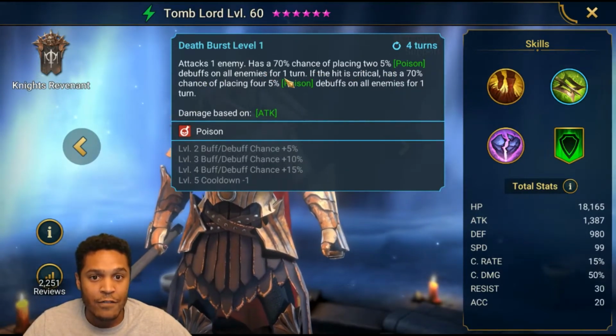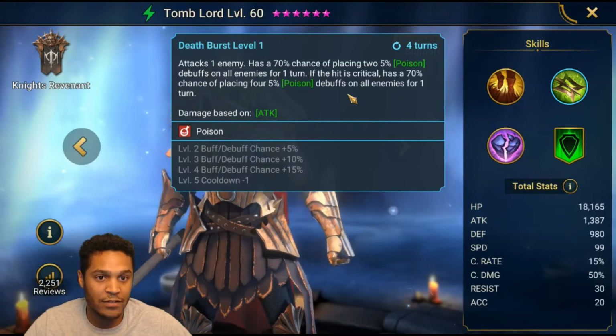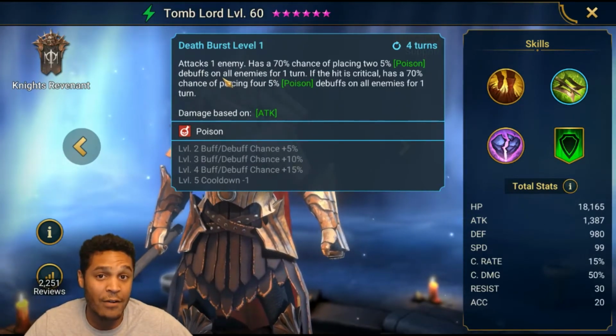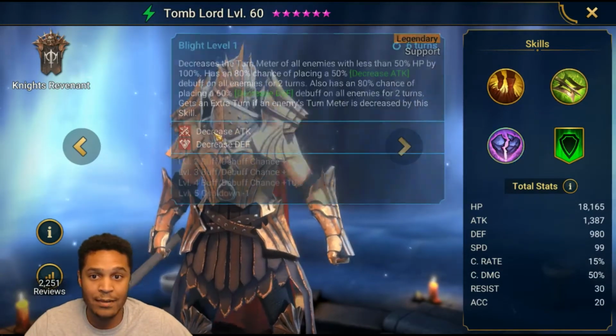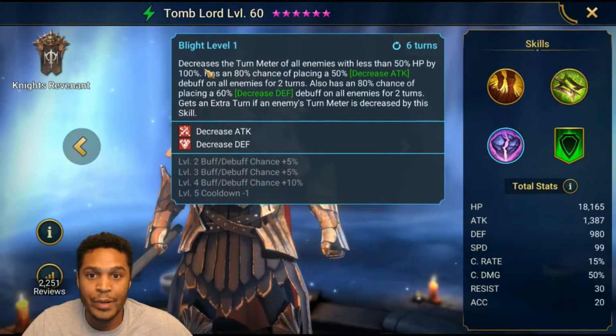on the enemy for 1 turn. If the attack is critical, it has a 70% chance of placing 4 5% poison debuffs on all enemies for 1 turn. So this move right here, if you make him very fast, is what kind of helps solo the dragon. And then on this last one, Blight's not going to work against the dragon, but